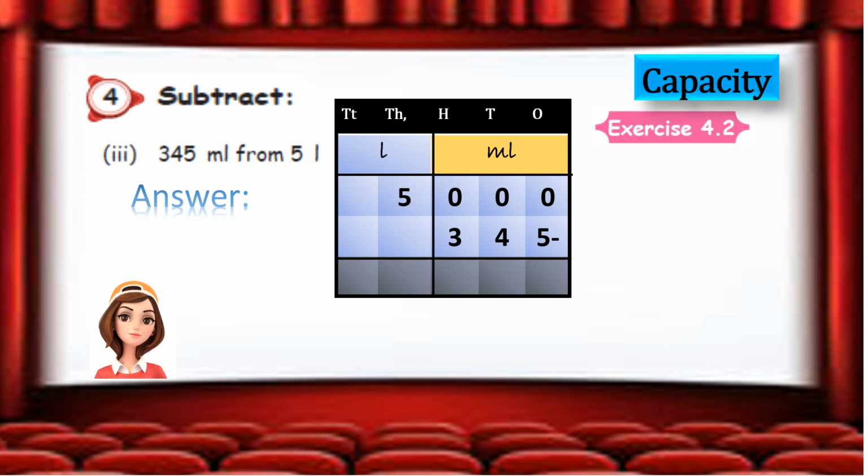Start from ones place. 0 minus 5 is not possible ma. Just cancel it. Let us get from tens place. There is also nothing. So just cancel that one. From hundreds also we couldn't share. So cancel that one. But we can get from thousands place, isn't it? So from here we can share one thousand. So here 4 will be there, and here we give a 10.